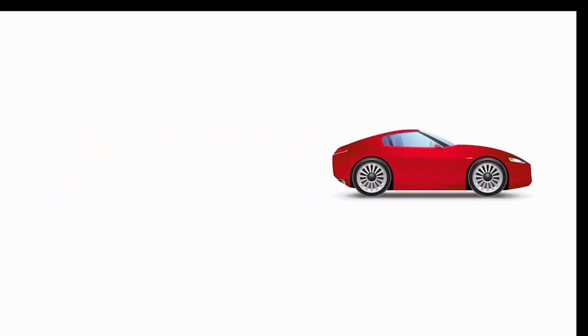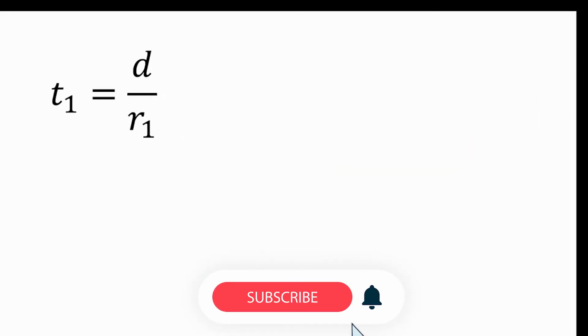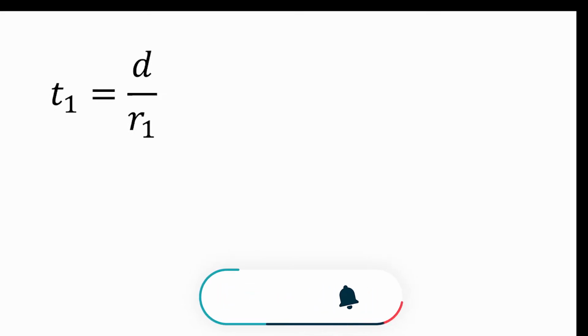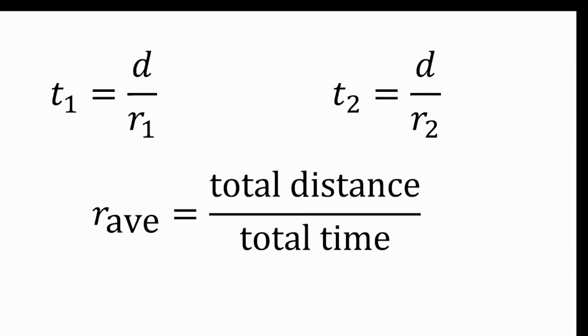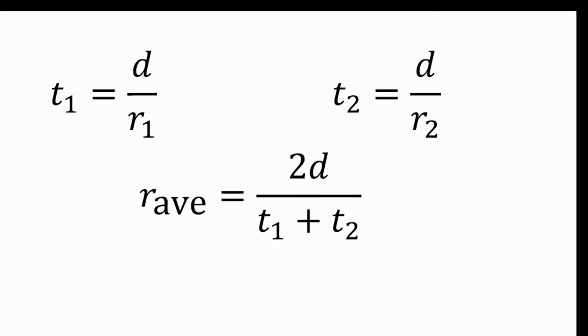Let's take this one step further and find an equation that we can use to get the true average speed for any two speeds, not just 60 and 40. Just like before, t1 will be the time it takes to go a distance d at a rate or speed of r1, and t2 will be the time it takes to go the same distance d at a rate of r2. The average of the two speeds, or the round-trip average speed, will be the total distance over the total time. That becomes 2d over t1 plus t2,